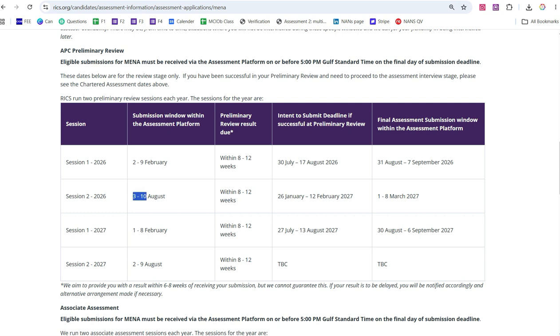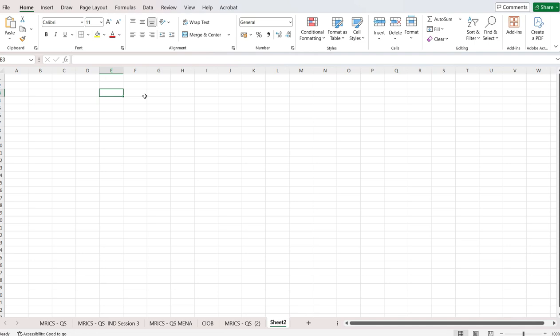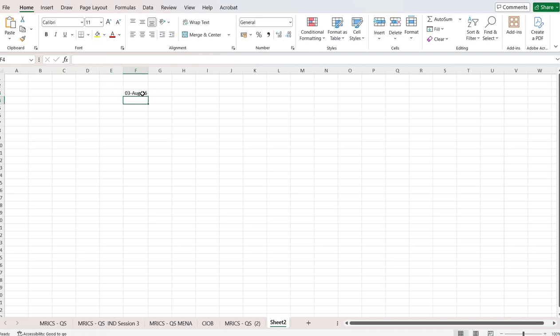So when you are going to submit your SOA and case study in August, you have to submit the CPD 12 months backward from this submission date. For example, if you are going to submit on 3rd August, then let's mention here 3 August 2026. So if I have to go 12 months backward, then